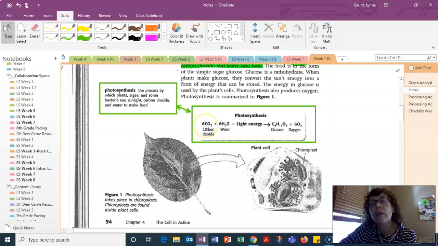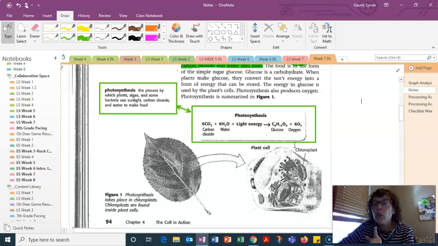So we need 6 molecules of carbon dioxide and 6 molecules of water, and we need light energy to make, that's basically what that arrow is telling us, to make glucose, which is C6H12O6, that's its formula, and oxygen, which is O2. It makes 6 oxygens. So everything on the left side of the arrow is the stuff that goes into the chemical